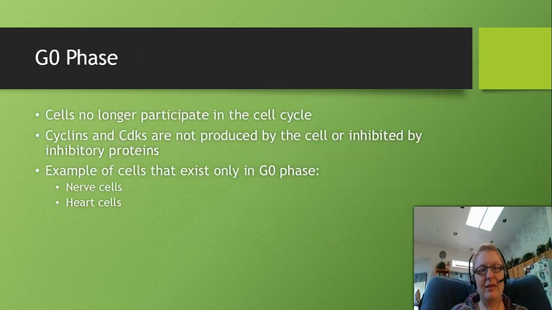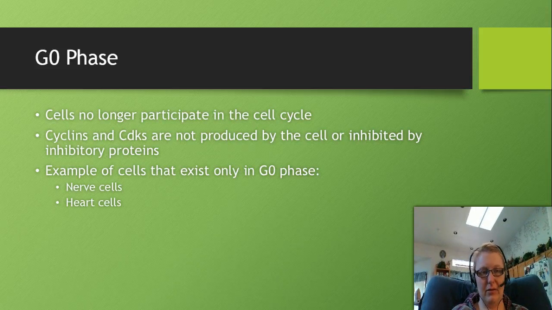Now, one more phase that we need to talk about before we move on to some example slides is the G0 phase. Now, some cells don't go through the cell cycle at all. Once they've differentiated into the nerve cell, the heart cell, whatever they're going to be, they never will go through the cell cycle. In fact, they take apart all the machinery in their cell that would allow for this to happen. The cell doesn't produce cyclins, it doesn't produce CDKs,